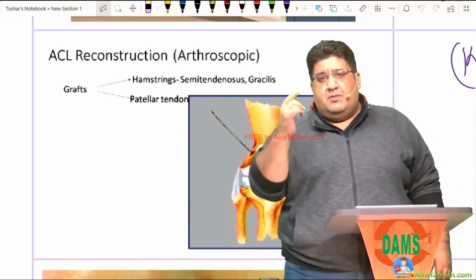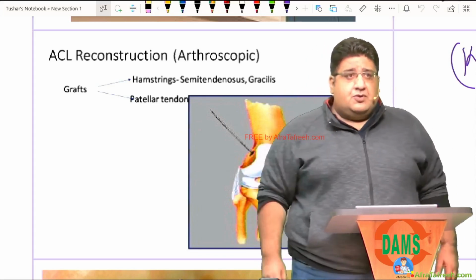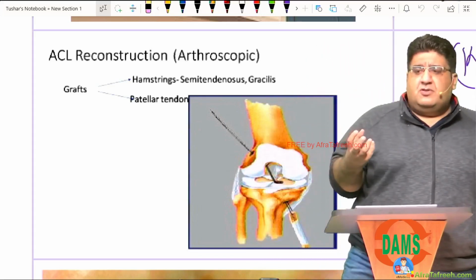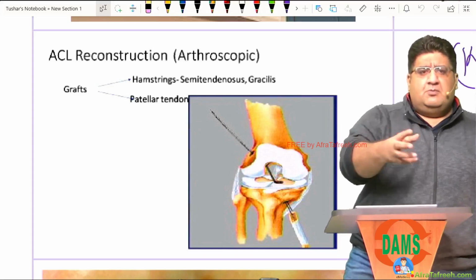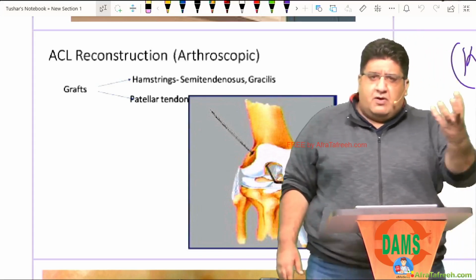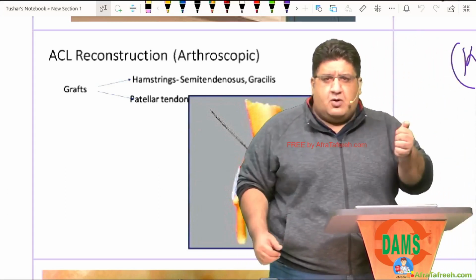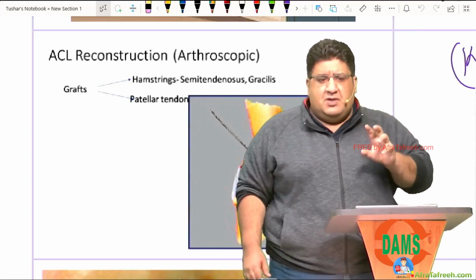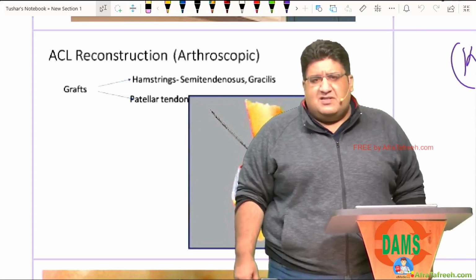He said, "Tushar, come here." Now, I don't know whether you know this or not, but there are certain models of certain joints which are kept in the OPD: knee, hip, spine, and all. So he took out one of the knee models. He opened that model, and in between the femur and tibia, he showed me. He said, "Tushar, what are these two ligaments?" I said, "Sir, one is anterior cruciate, one is posterior cruciate."